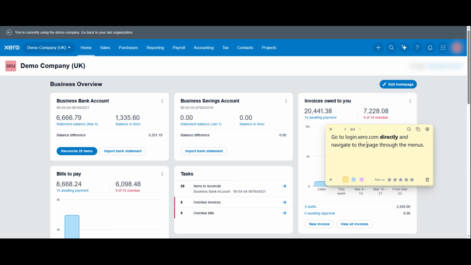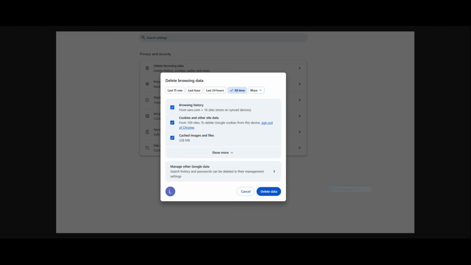If you log in and still see the error, the next step is to clear your browser cache and cookies. Cached files can sometimes store old session data that conflicts with Xero servers. On Windows, press Ctrl+Shift+Delete. On Mac, press Command+Shift+Delete. In the window that appears, select Cookies and Cached Images and Files. Set the time range to the last 24 hours to avoid removing everything unnecessarily. Then click Clear Data. Once that's done, close your browser completely and reopen it before trying to log in again